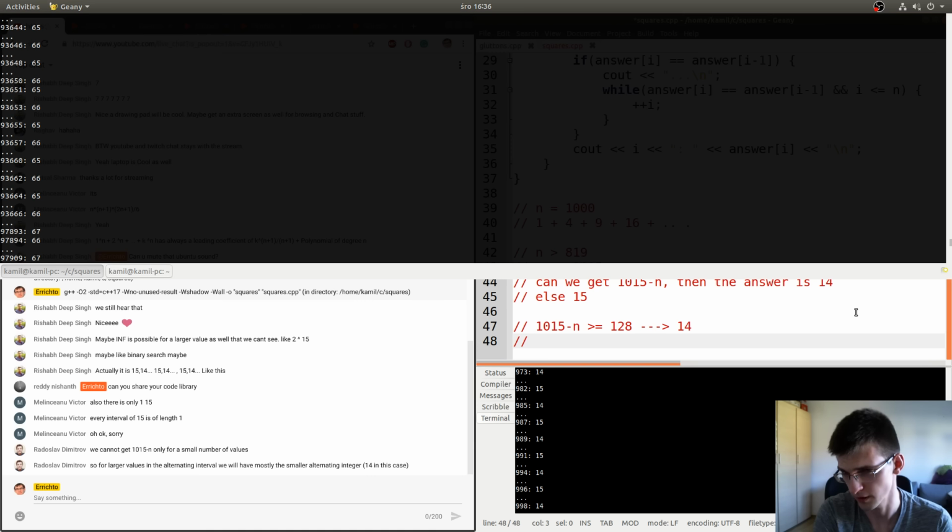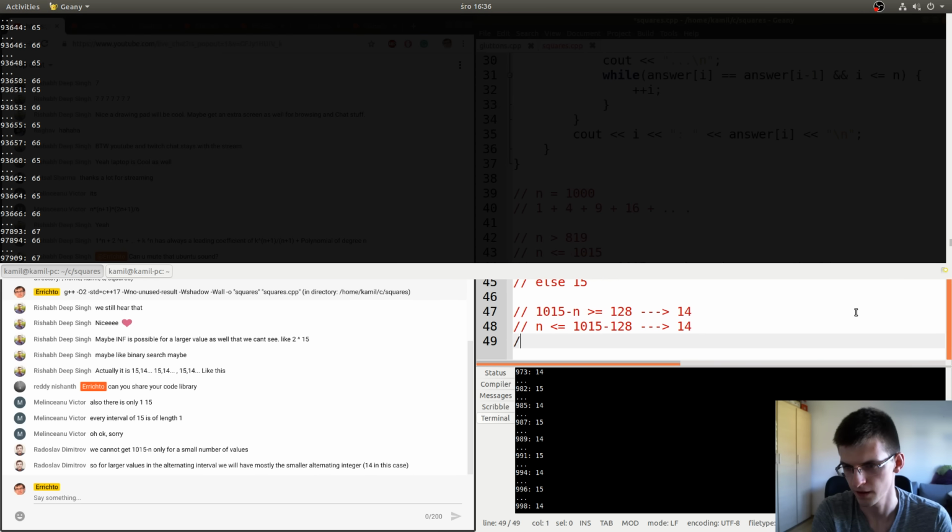So if n is smaller than or equal to 1015 minus 128, then it's 14. And if n is bigger than that, then it's 50. So you are right that only for the last 128 values we should check something, and then the answer could be the bigger one.